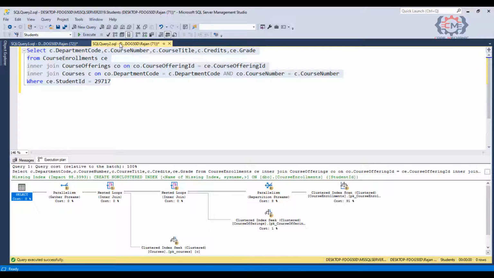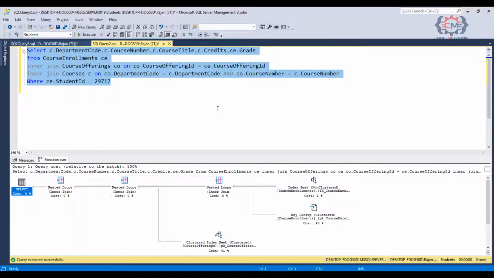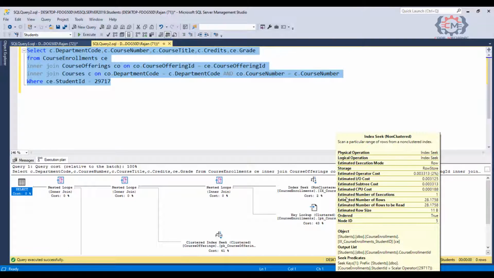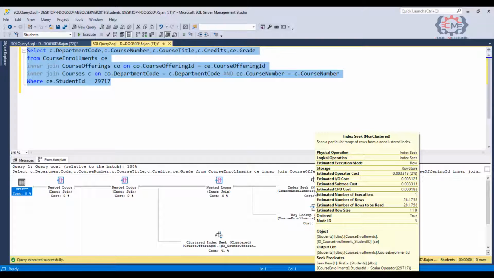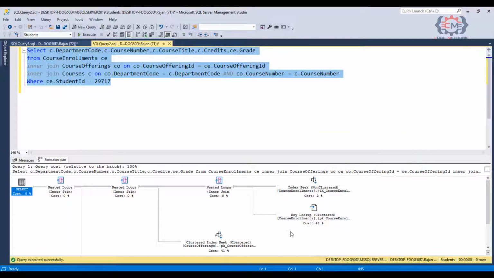Now let's head back to our SQL statement and get a new execution plan and see how things have changed. Okay, we can see here that the clustered index scan operation has been replaced with an index seek and then a key lookup. If we look at this, we see the seek predicate is now on the student ID. So we are using the index to look up the students, and notice the cost of this operation. It's down around 0.003, it looks like. So this is much cheaper than the 10.92 value that we saw before.